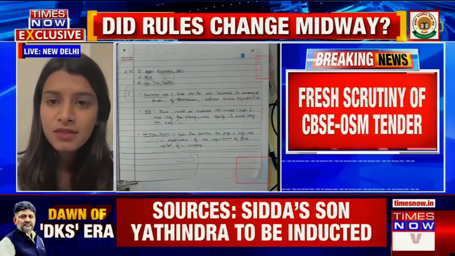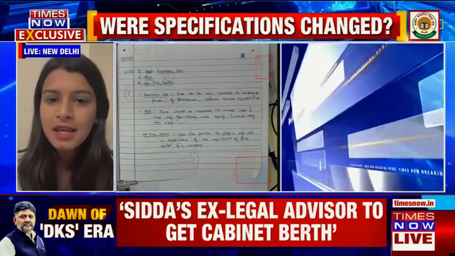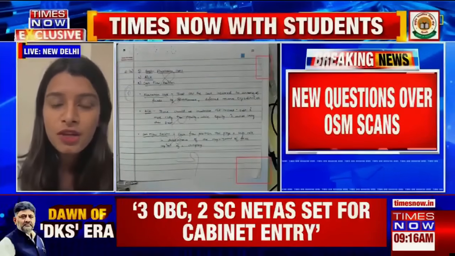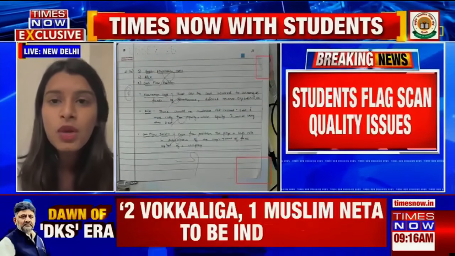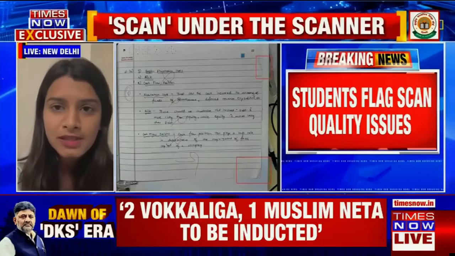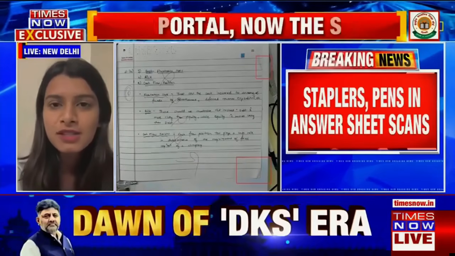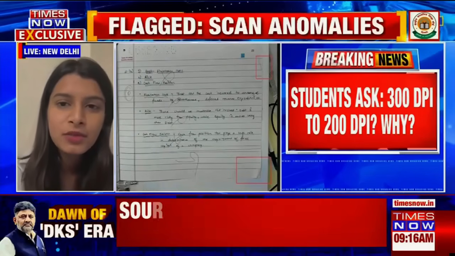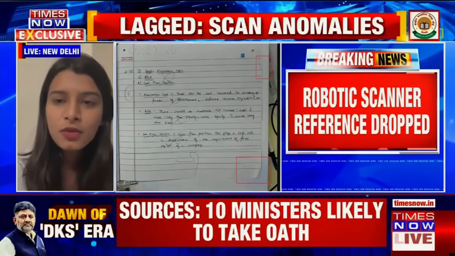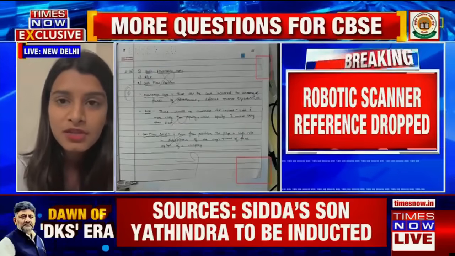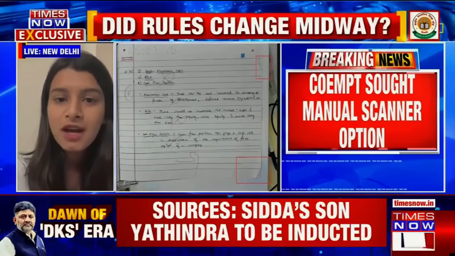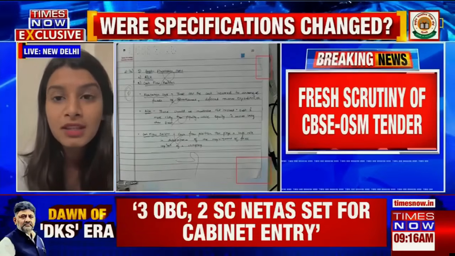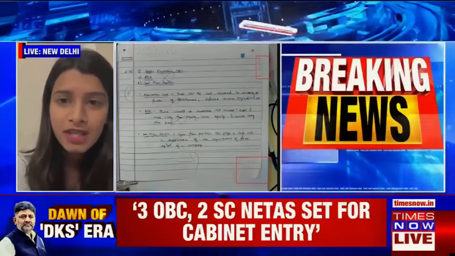and such images like the one that is up on our screen right now with visible pens, cable wires, as well as staplers is in fact shocking students. They're questioning what kind of scanners in fact were used, whether or not, of course, we know that manual scanners were used. But now the big question that the CBSE has to answer is whether or not phone scanners even were being used, because then that would raise even more questions of the type of application, the security of student data on such applications as well. We're seeing that the leader of opposition, Rahul Gandhi, also pick up on this very issue.